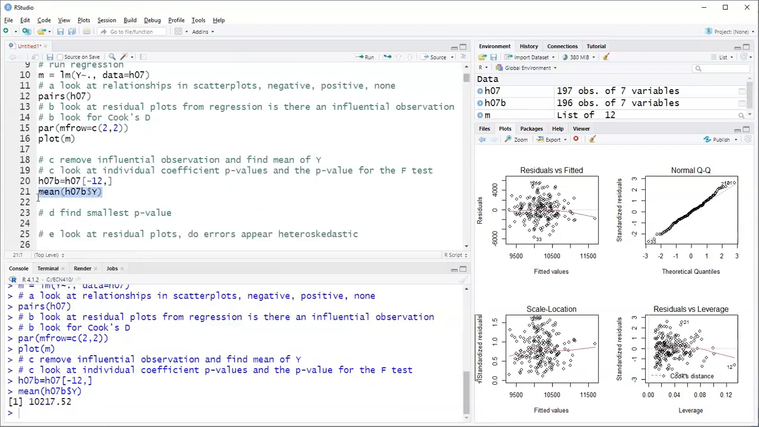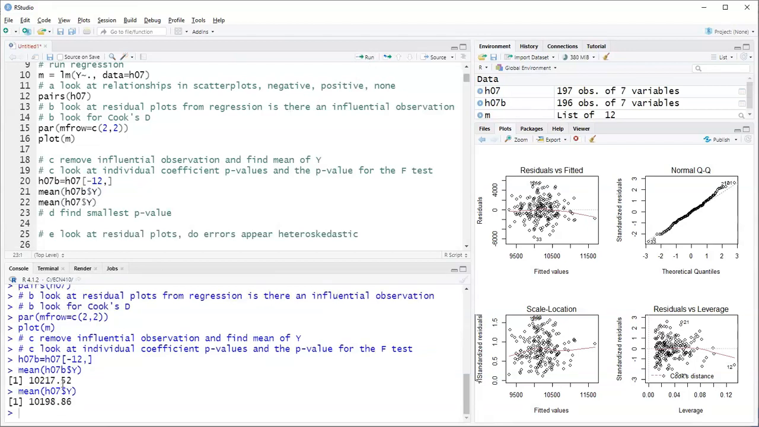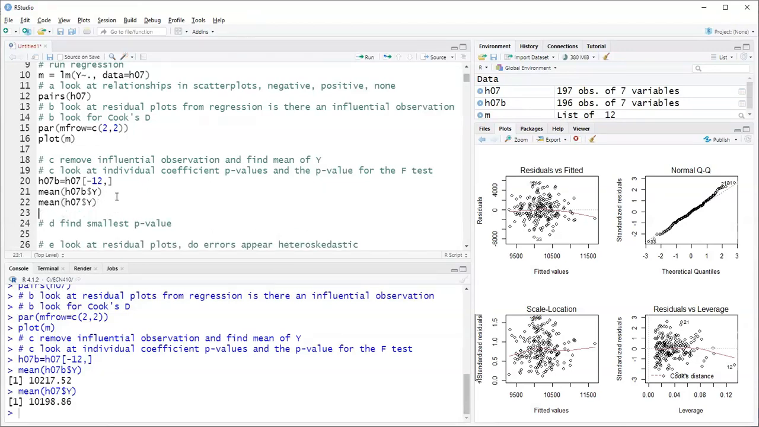And then we can just compare that. If we just use the H07, it looks like they're different numbers. We could do a little bit more detail in there to check, but yeah, we've gotten rid of observation 12 in there. Another thing to check on that, though, might be to say something like nrow H07,